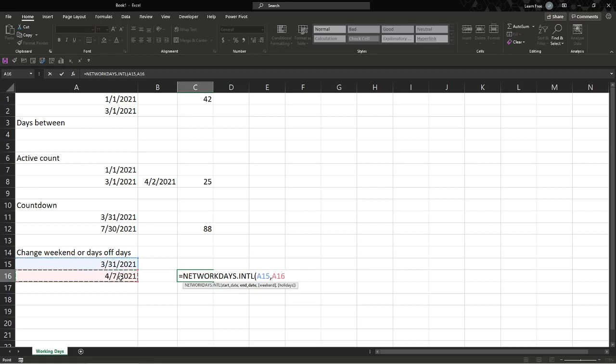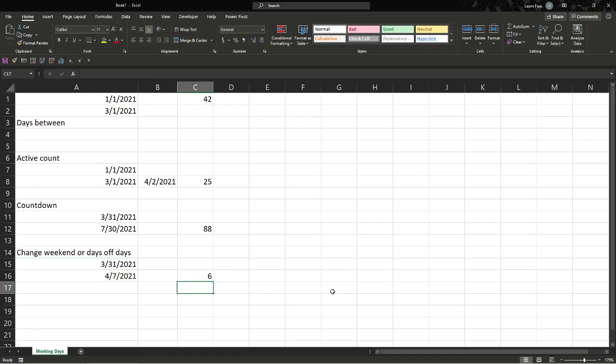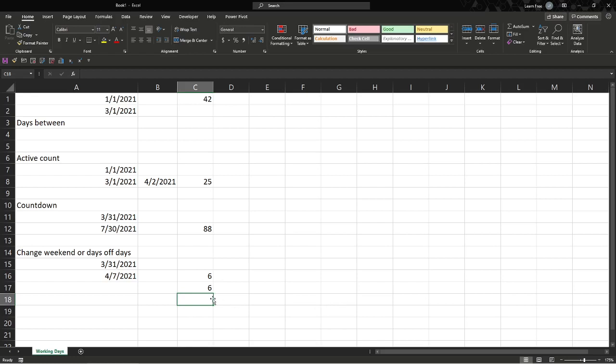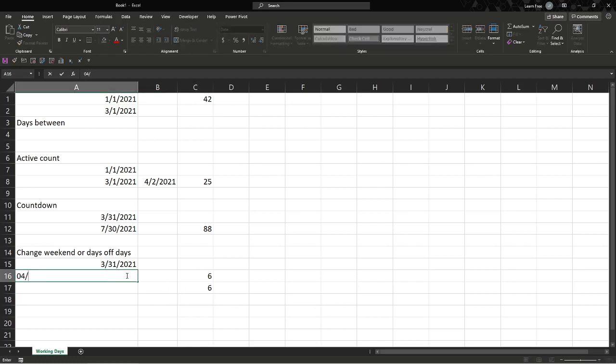Weekend. This is the added argument here. Saturday, Sunday, that's our normal one, so we'll default to that. Why not? We'll show another example. Holidays, let's say we had 0 holidays in between. 6 days. We'll type it again: start date, comma, end date, comma, weekend, and instead of that, we're going to go Monday, Tuesday. Holidays 0. But if we go here,